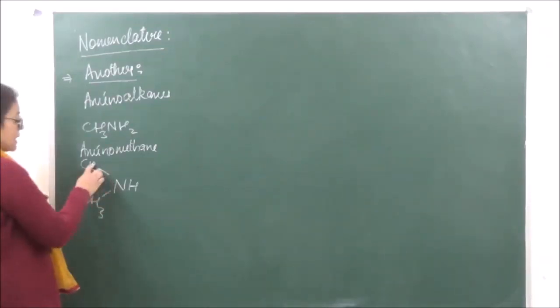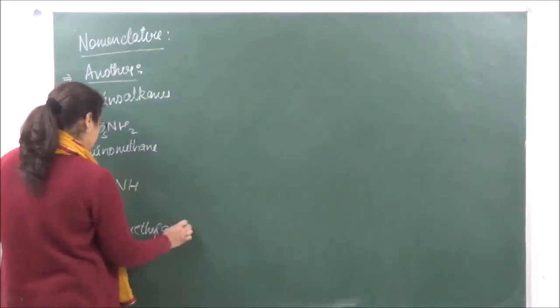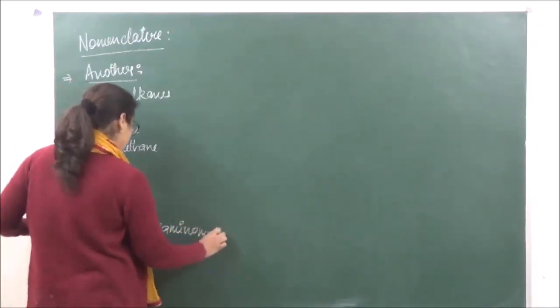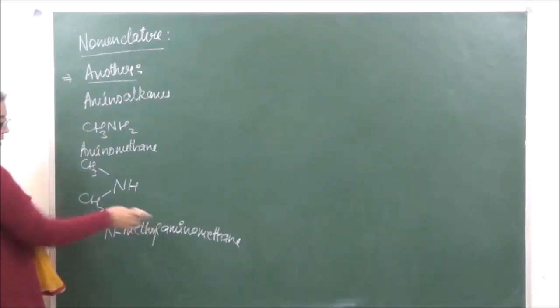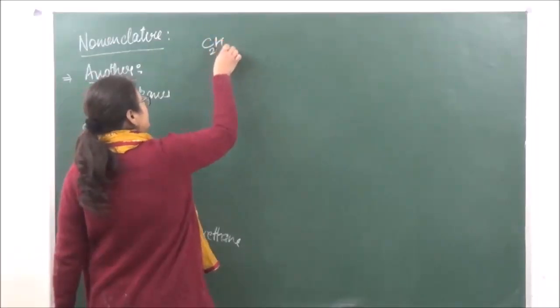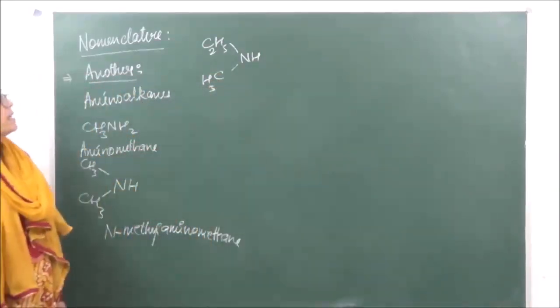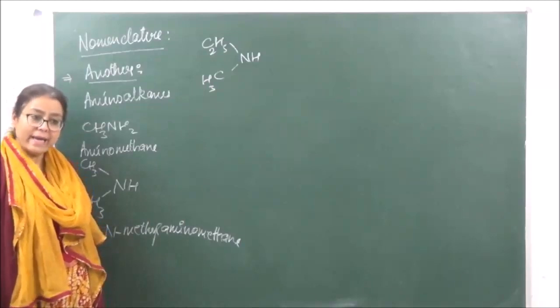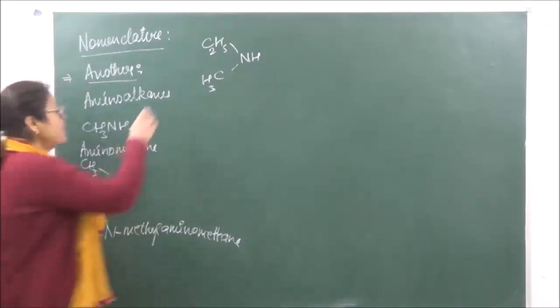This is N-methylaminoethane. So here the longer one is going to be taken as, sorry, here it is methane only, right? If we have two, that was simple. If we have a mixed amine of this type, now in this case the longer one is taken as the alkane chain, and the smaller group is taken as the alkyl, right? So what name will this get?